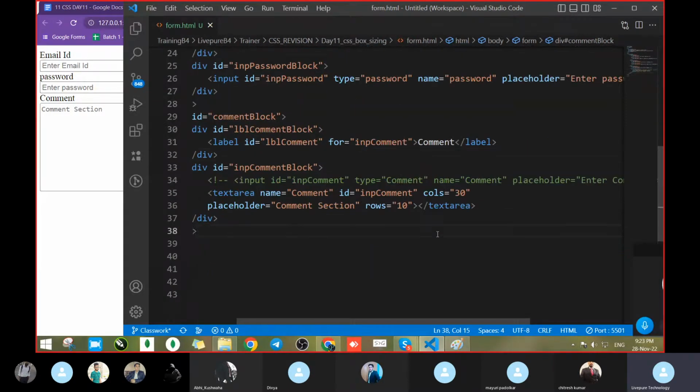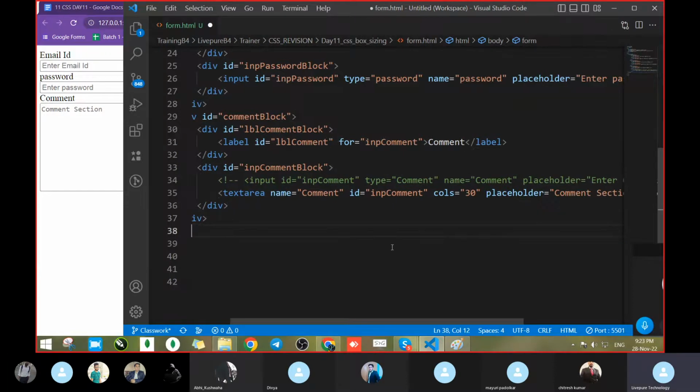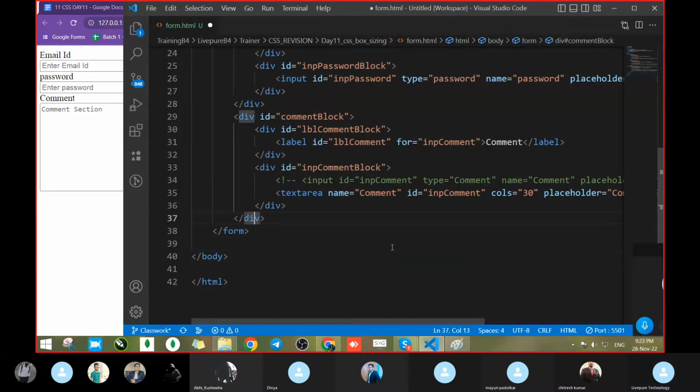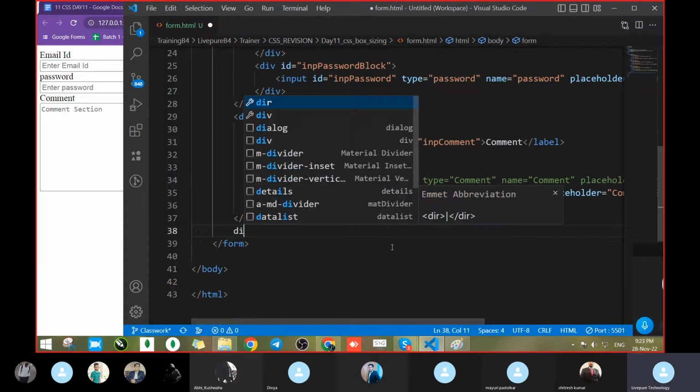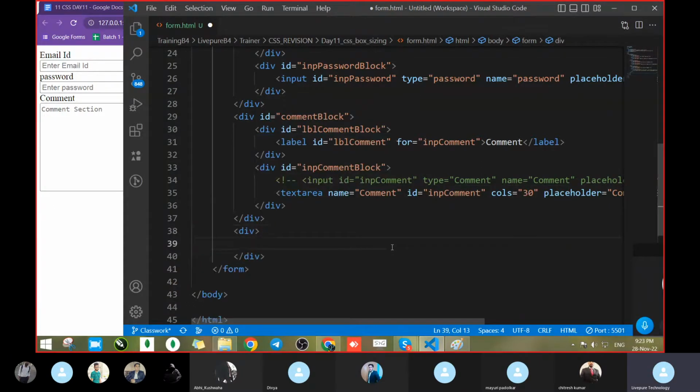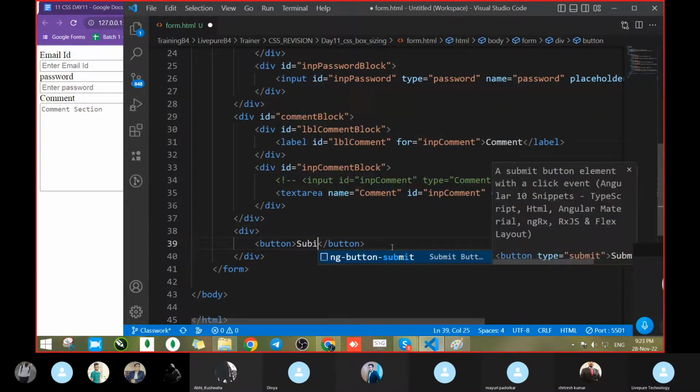सो नेक्स्ट, गो विथ नेक्स्ट बटन, टेक अनदर div, टेक बटन, सबमिट।